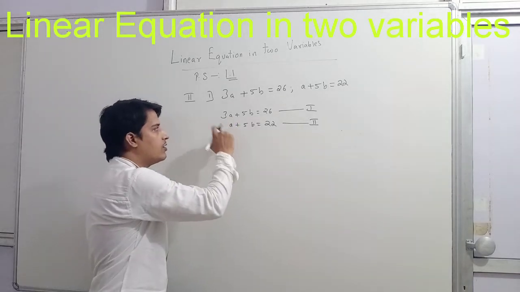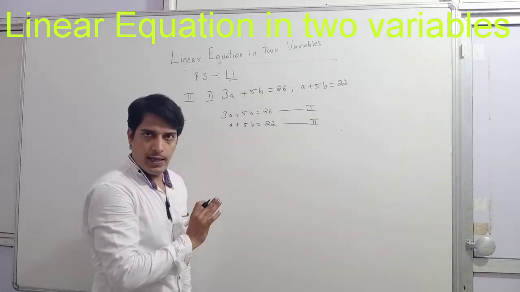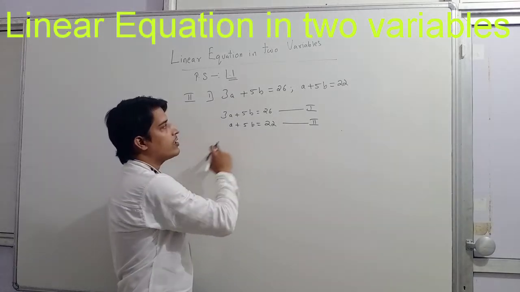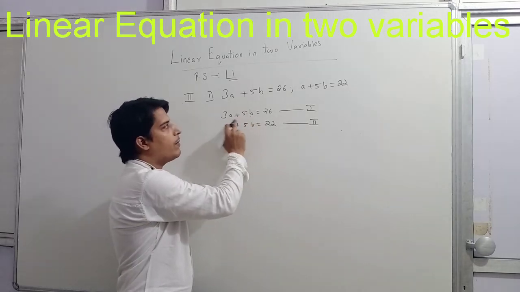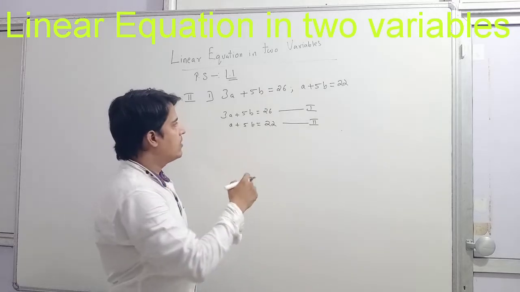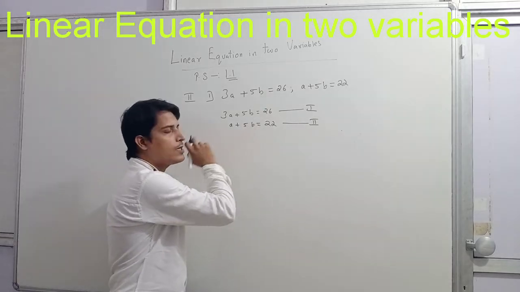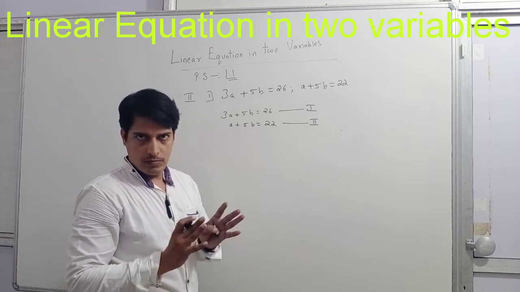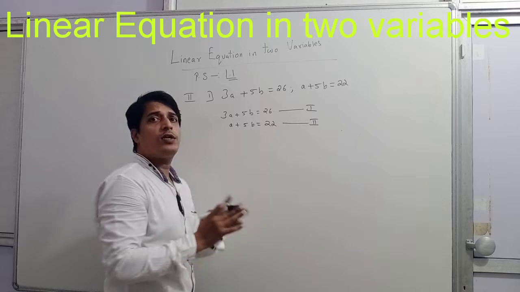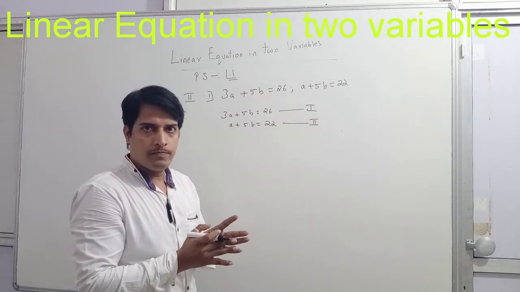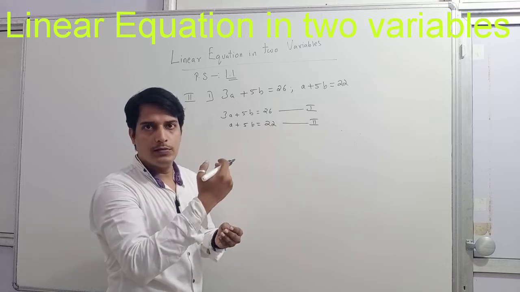Though it is not supposed to be written over here, it is to be understood that if only A is given, that is 1. Secondly, we are moving to the second variable, that is B. B in the first equation is accompanied with 5. And if we observe the second equation, over here also B is accompanied with 5. This is the first thing we are supposed to observe. In both the equations, which variable is common?